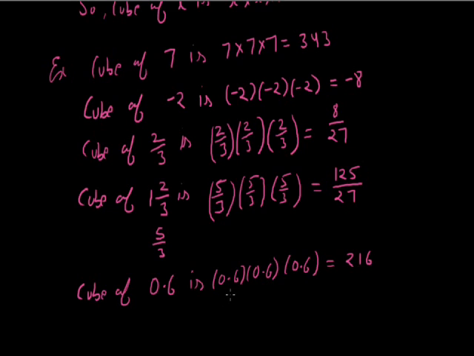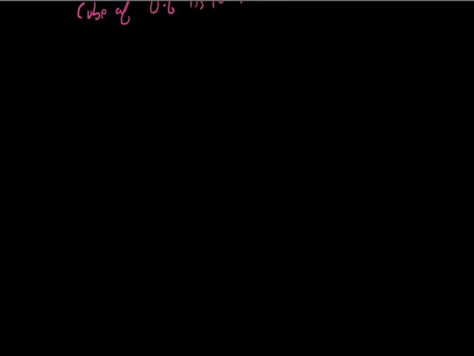Now see the number of digits after the decimal, there is only one digit here, and here it is only one digit. So total 3 digits after the decimal. So we have to place a decimal before the 3 digits, that is 1 2 3 in place before 3 digits. Okay, so this is the cube of 0.6, that is 0.216. So in this way we can find the cube of a number, that is the number multiplied by itself 3 times. So now we see about perfect cube.